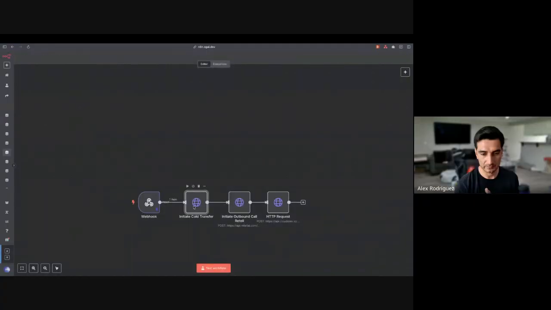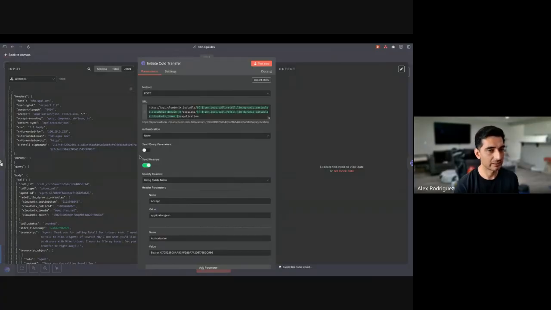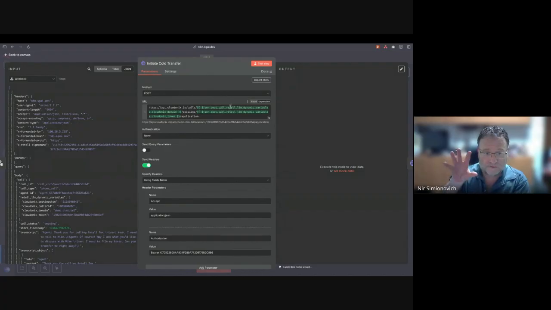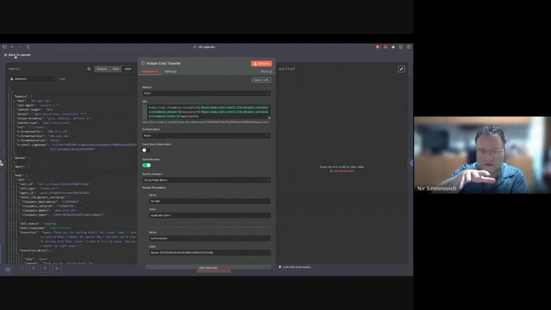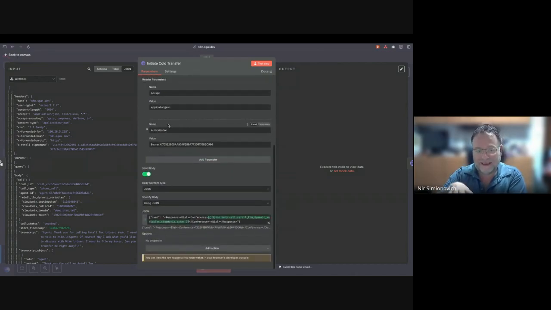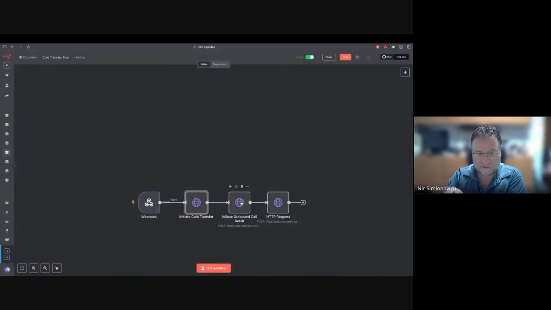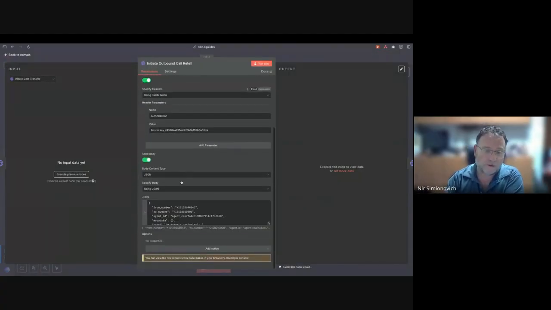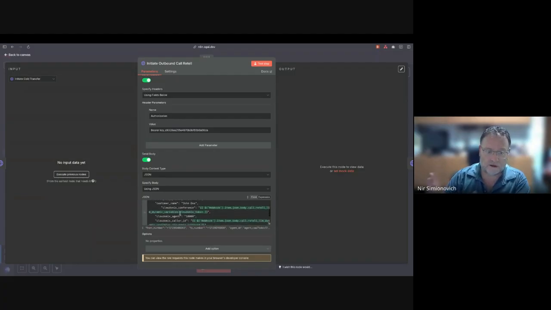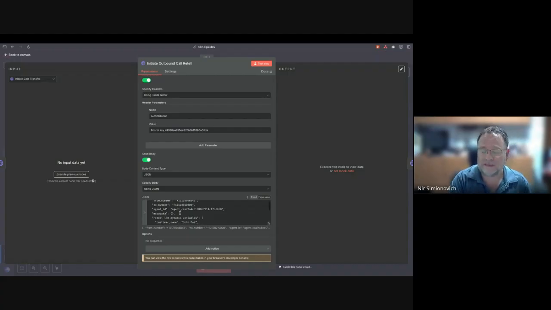We receive that data to this workflow. We then initiate that cold transfer of the caller, of the customer. We initiate a cold transfer of the customer into a conference call. So we're putting the customer into a conference call. The next step is we create a new session on retail. We register a new call on retail with all the relevant information that includes the conference number, all the things the LLM needs, and the transcript, the summary of the previous call.